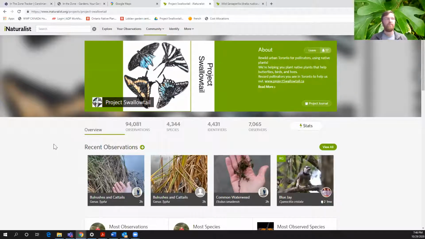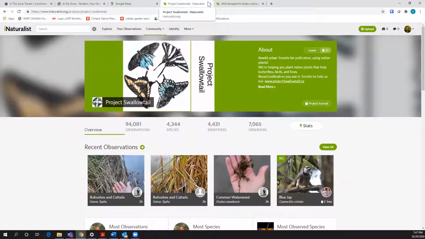Fact is, if you're making any observations within the Project Swallowtail area, they're already getting captured in this, but you're just not part of the club. So you should join the club first. And there's obviously a lot more to all of these things. I'm just scratching the surface. But hopefully, are there any other questions about iNaturalist specifically? No more iNaturalist specific questions, but we do have some good ones for the Q&A when you're ready.